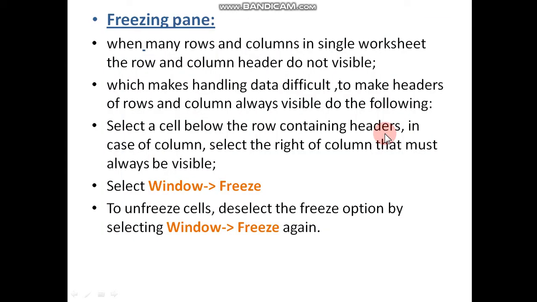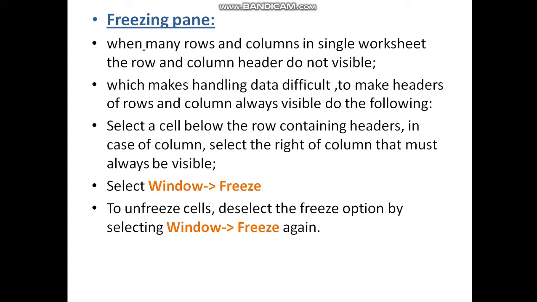Now, freezing panes. First of all, what is freeze? Stop something. When there are many rows and columns in a single worksheet, the row and column headers are not visible. Suppose in your result sheet, 1, 2, 3 serial numbers are in the first column, and so many names are available. So I hide the middle columns to show the serial numbers.